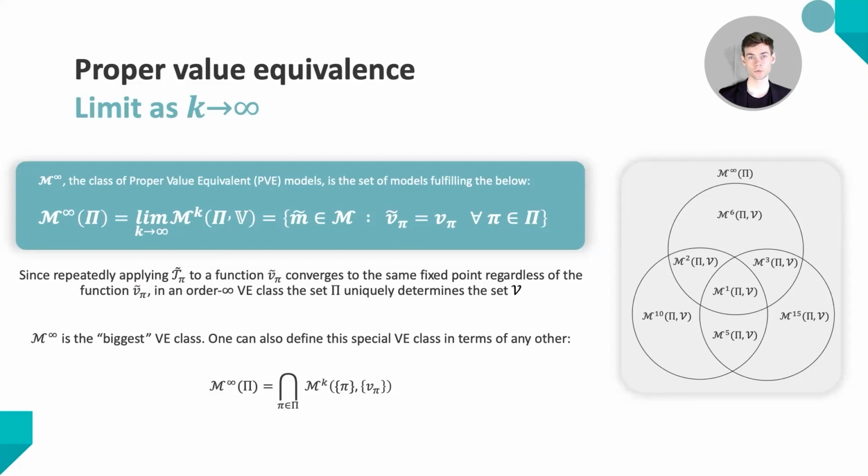This brings us to proper value equivalence. We get to proper value equivalence as k tends to infinity. So it's the limit where we require that an infinite number of Bellman operators given the simplified model produces the same result as an infinite number of Bellman operators given the perfect model on our value function. The first thing we should note from the definition here, where the limit of k goes to infinity, is